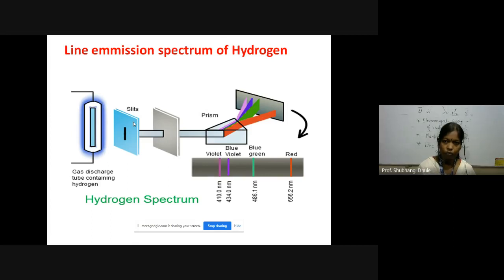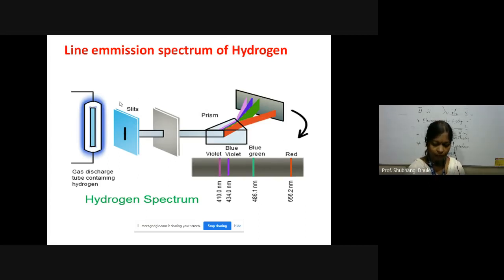At that time, many scientists were concerned with, and experimenting on, how these electromagnetic radiations interact with matter. What happens when they interact with matter? So what is matter? Matter is anything which occupies space. So you are matter, and all objects in the universe are matter, which have mass and occupy space.